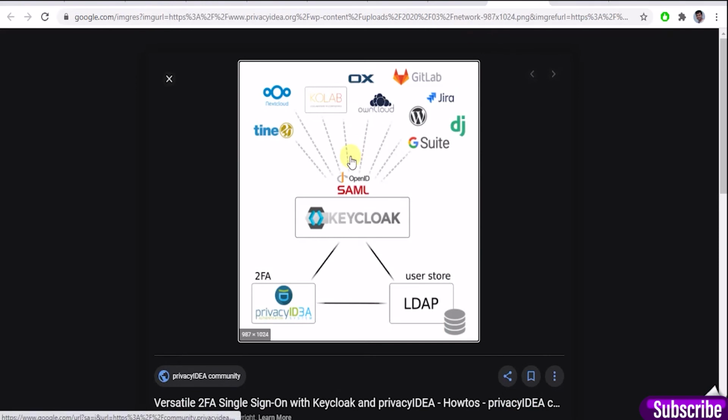So Keycloak, as we know, provides SSO support through adapters such as OpenID Connect and SAML. These are the client adapters using which we can connect to multiple applications. So Keycloak is the central place for authentication and authorization. It also provides features to integrate the existing LDAP or Active Directory or any other authentication system as well.